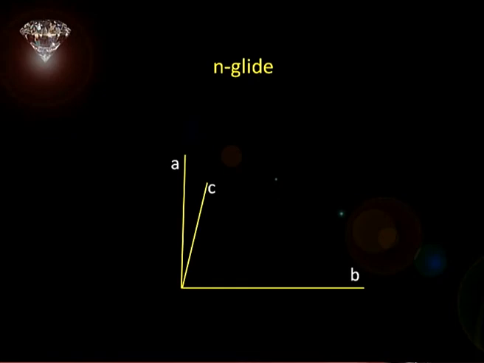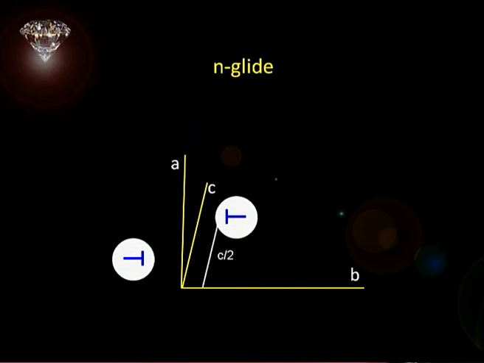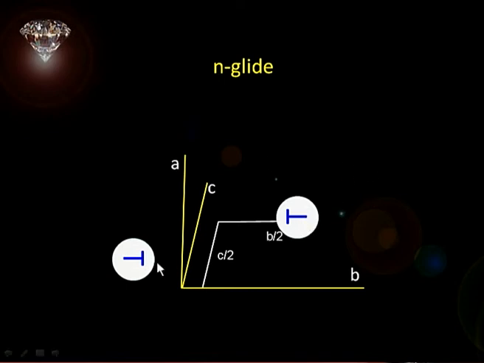Okay. Now, let us look at a small animation here. Let us look at how I show an n-glide. Suppose these are my 3 crystallographic axes, and I look at one motif here. The first thing is I do a reflection. If this goes to this here, then I translate along the C axis, say by a distance C by 2. Then I move along the B axis, again by B by 2. So, that is where I reach. This point and this point are related by what is called an n-glide. I hope that clarifies it.